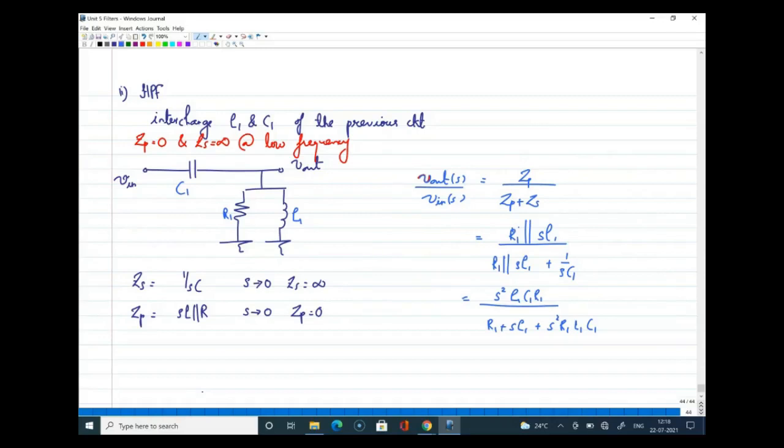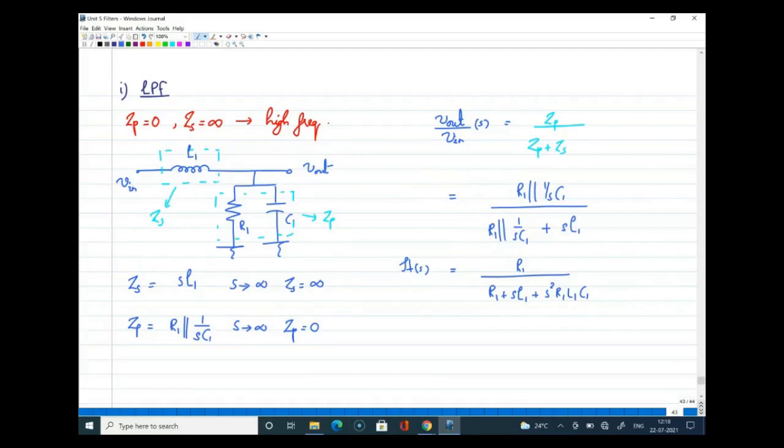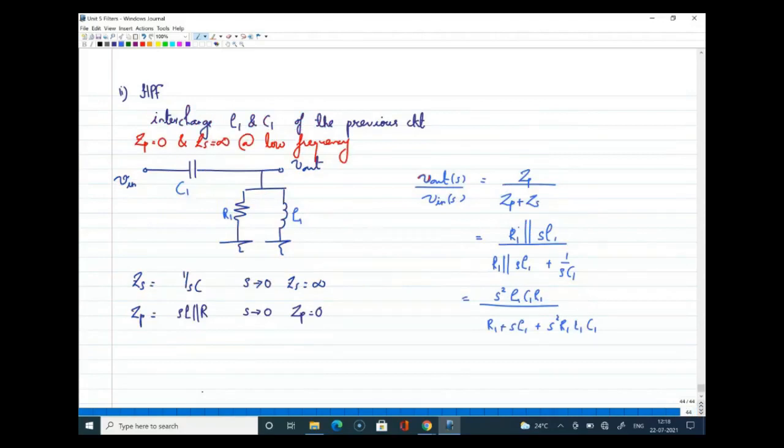Yeah. So now if you look at the previous case, you have 2 poles, but in this case you will see that for this high pass filter there are 2 zeros at origin, right? There are some implications when you have 2 zeros at the origin, but definitely it will give you a high pass filter response, right?